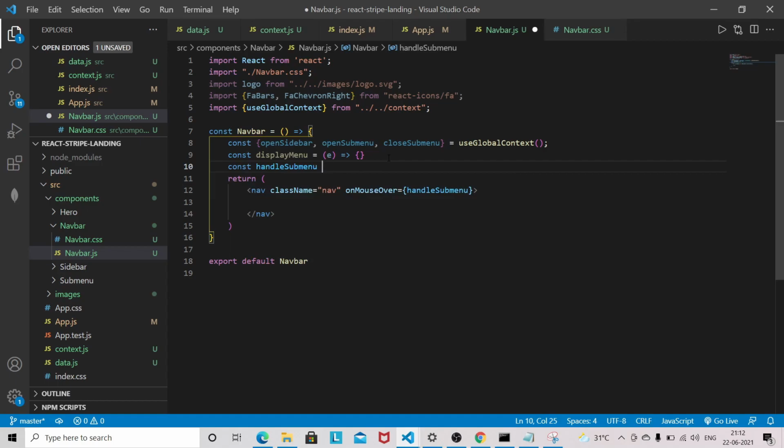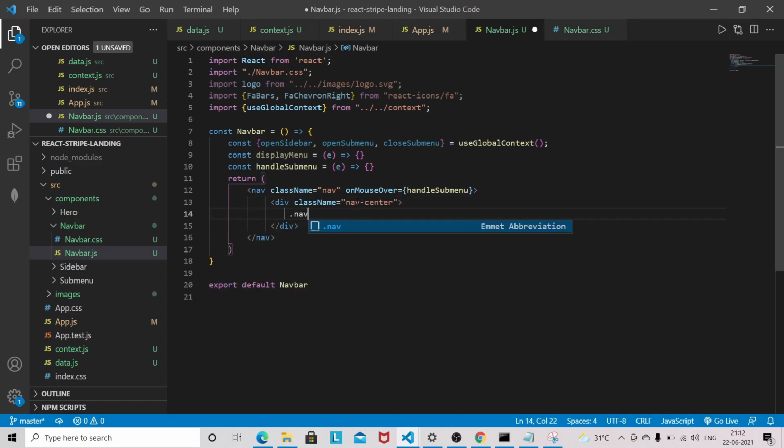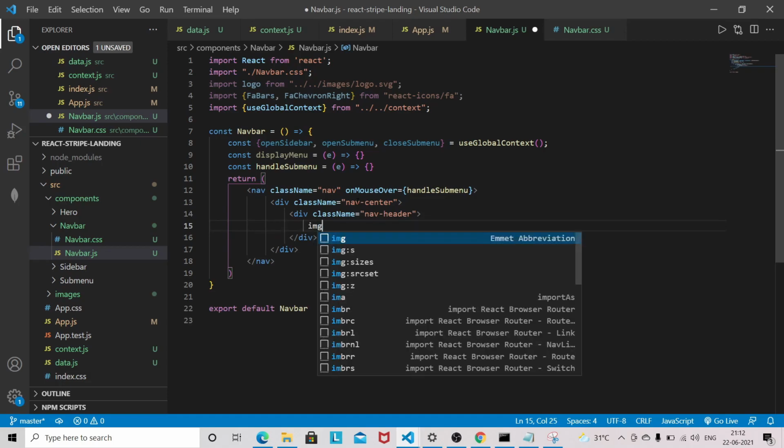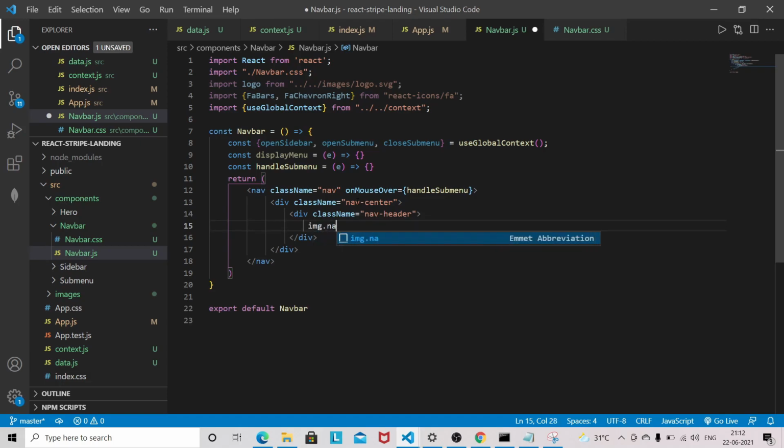So this is the handle submenu. Inside that I am going to create one class name nav center, another class name nav header, and we'll have an image with the class name nav logo, and the source is going to be logo. Alt also we can give logo here.